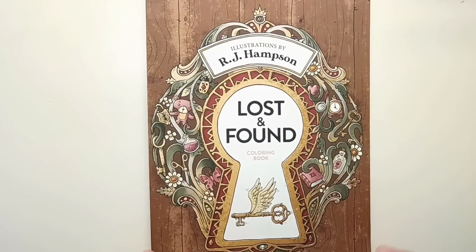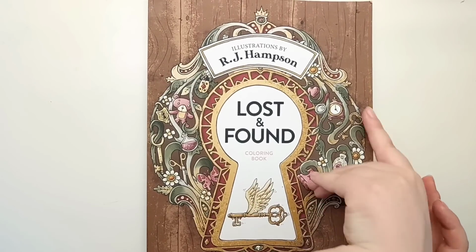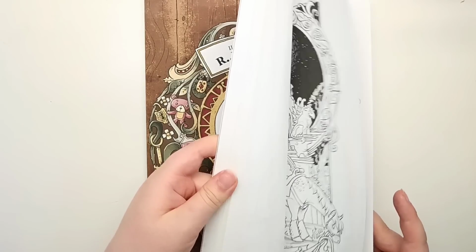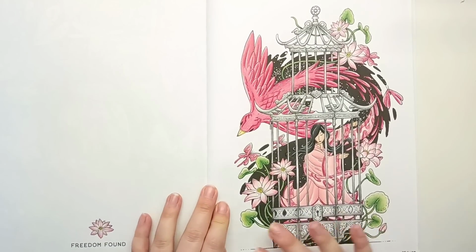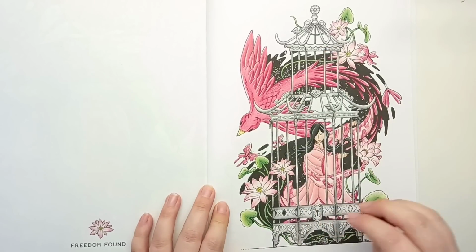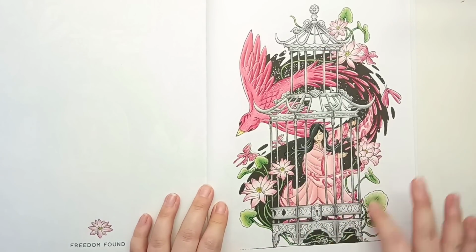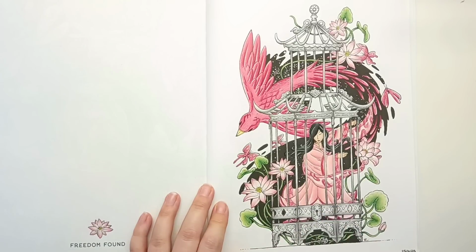Then I've got another one of my project books. This is Lost and Found by RJ Hampson, and this is a project book with Dana at DabblerD on Instagram. I picked the page for this month and we did Freedom Found. I knew that I wanted a silver cage and to have some pinks. So I started with the silver cage, coloured these pink lotus flowers, really loved how they turned out, and then